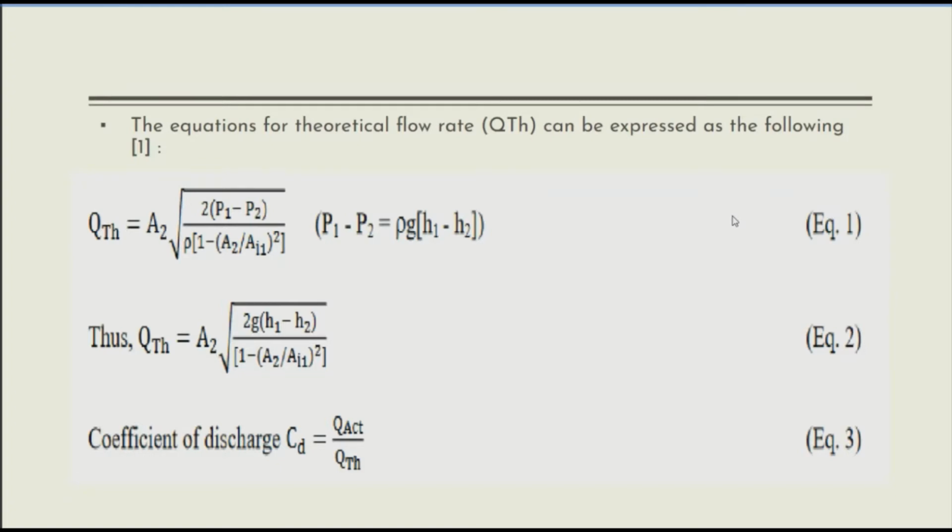Thus, QTH equals A2 times the square root of 2gh, where h is the difference in height, over 1 minus (A2 over A1) squared. The coefficient of discharge CD equals Q actual over Q theoretical,